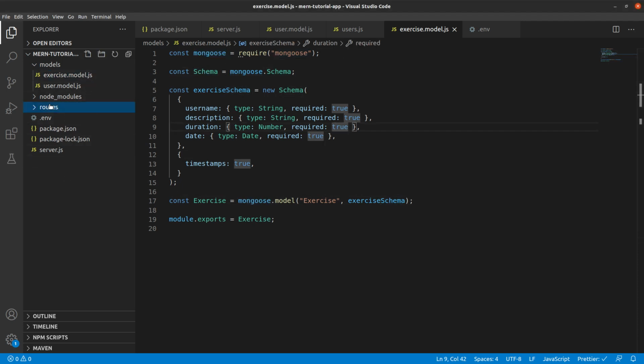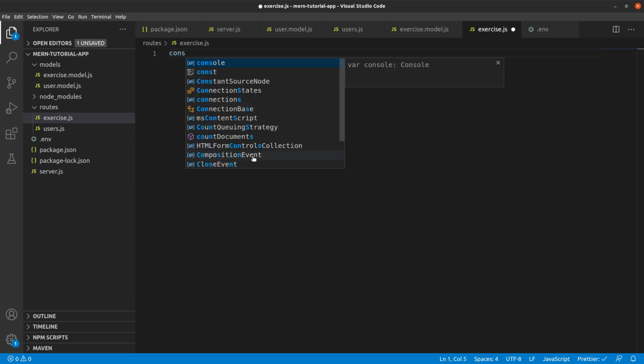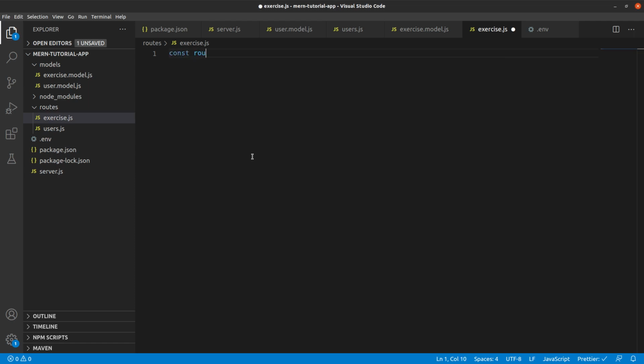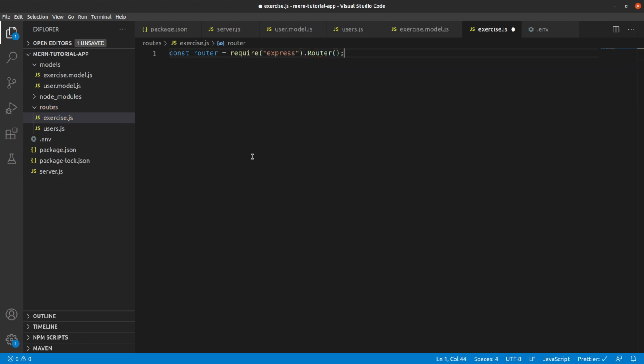Let's create a route for exercise. We'll say exercise.js itself, and let's fill in the details for this file. So here we will have a lot of operations. So basically we want to have search operations based on certain ID and stuff as well. Okay, so let's do this one by one. I'll try to do it ASAP. You just need to copy along. I'll try to explain all the possible things, but it is mostly what we have done in the previous video.